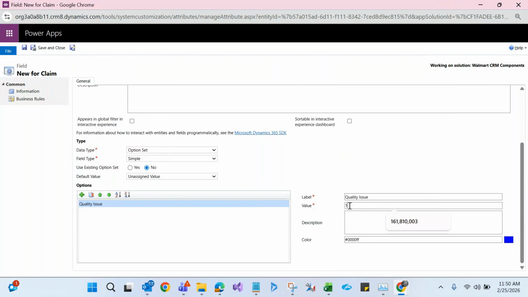So why do we need to use this particular value? What is the importance of this? See, when you are writing code, .NET code or JavaScript code, we will use this value only. We will not code with the label. Label will only be shown to the user, but this value will not be shown to anyone. If we are writing the code, we will write it based on the value, not on the label,